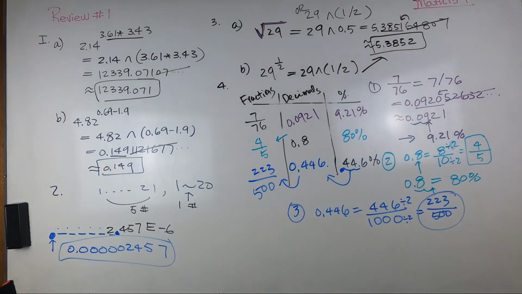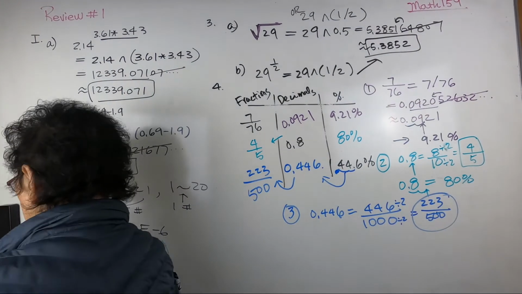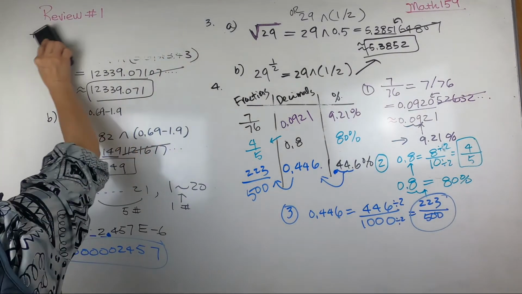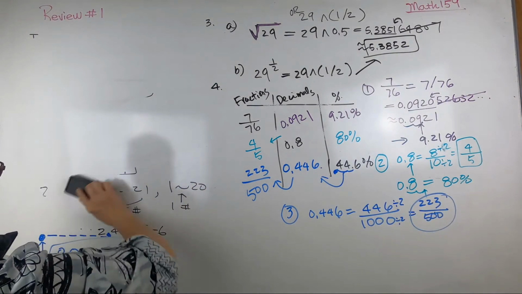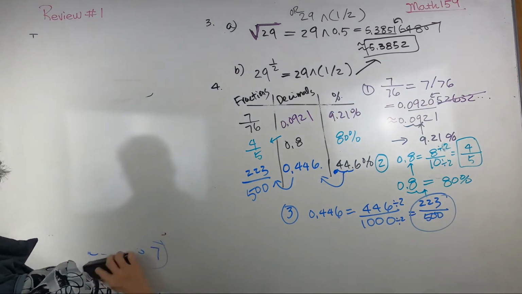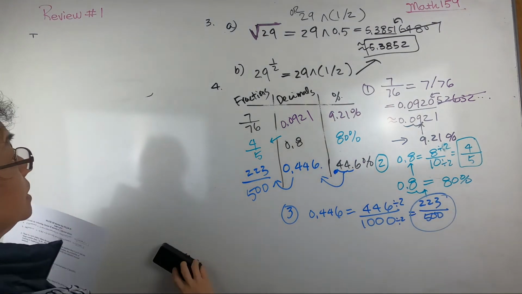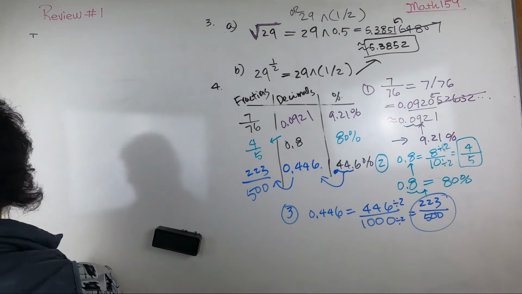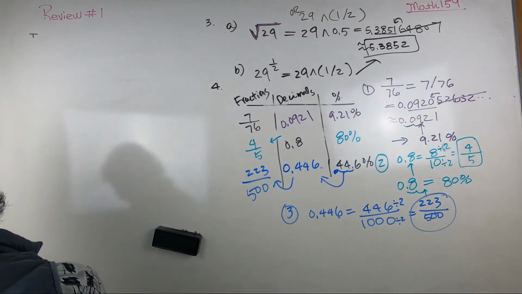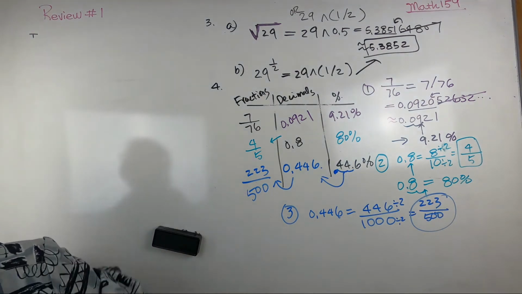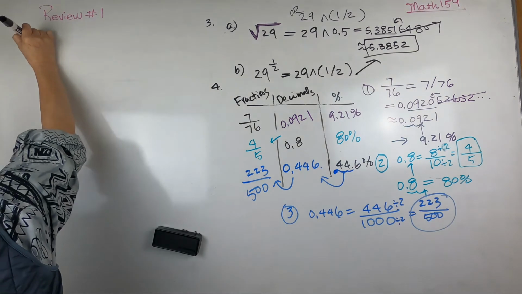So that's how you change it back and forth. Right? So that's on your chapter 1 for the things. Also, we compare all the fractions, decimals, and percent. Then for decimals, when we compare